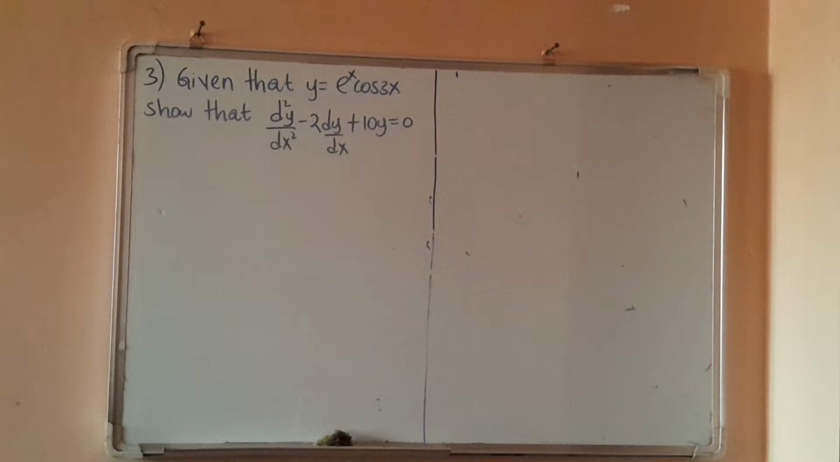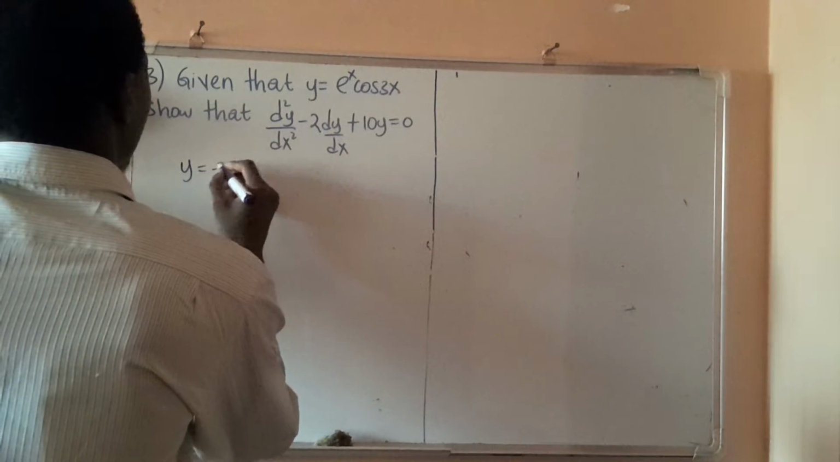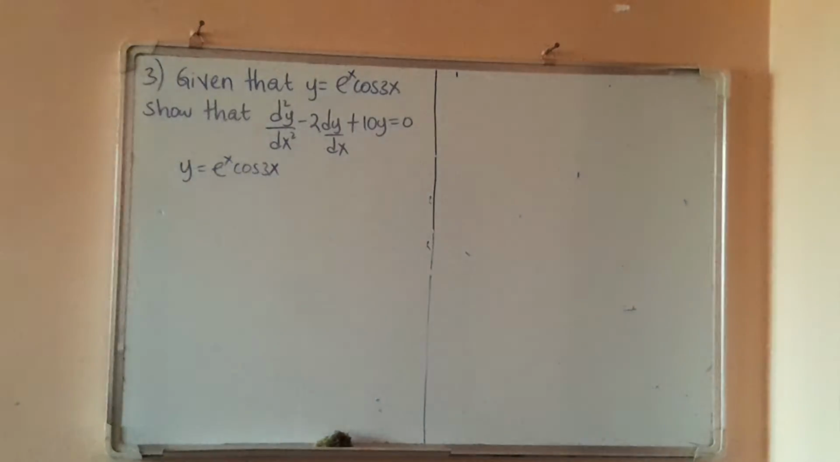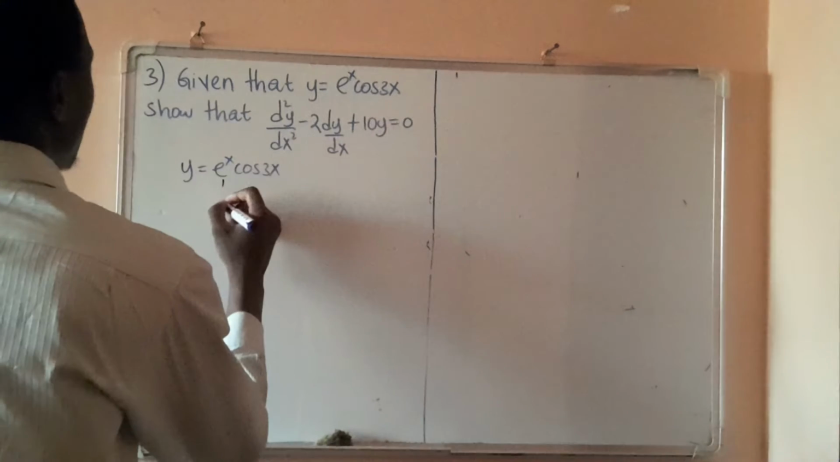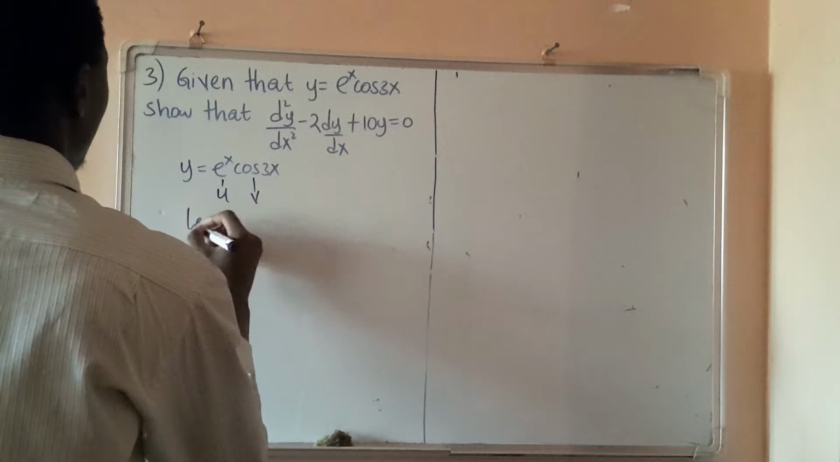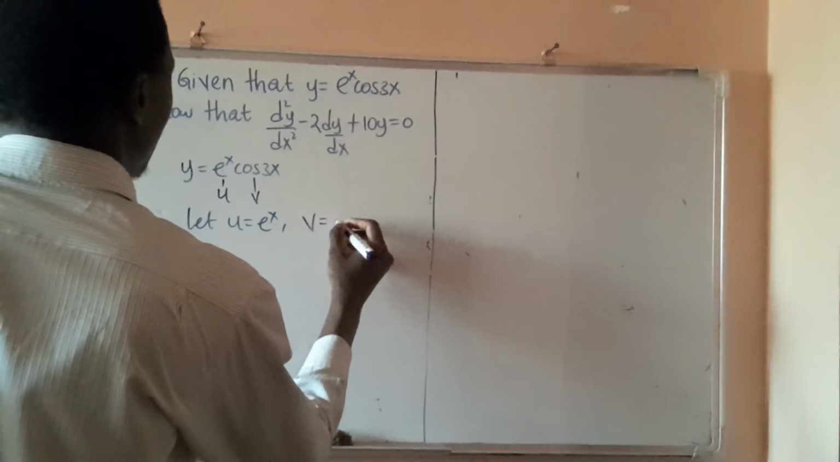So question 3, we have to prove that. So my function is equal to that. Then we need the second order and the first order derivative. So we apply rules of differentiation, product rule. So I can call this my u and this v. Let u be e to the x, v be